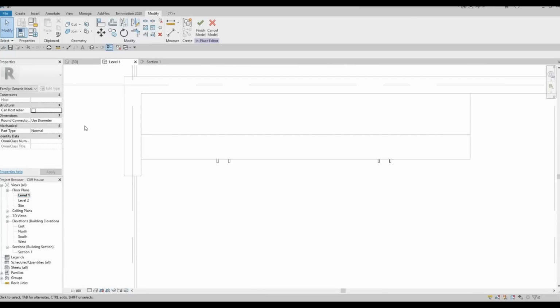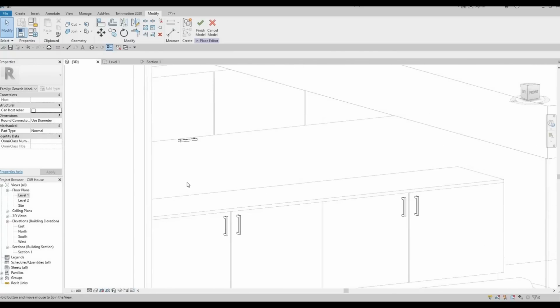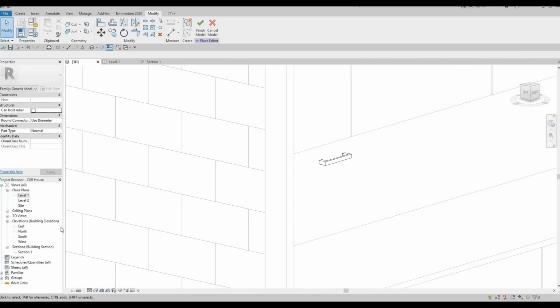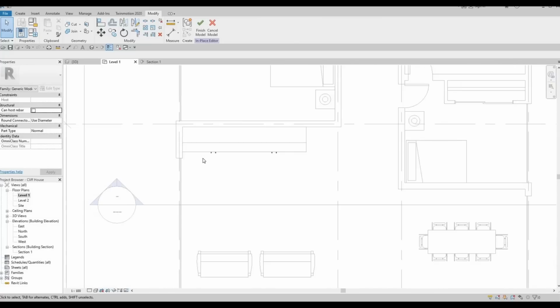So I cannot actually see it from level 1. So what I'm gonna do is I'm gonna go back to 3D,